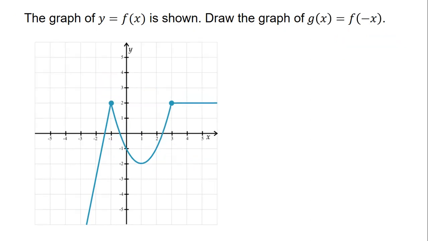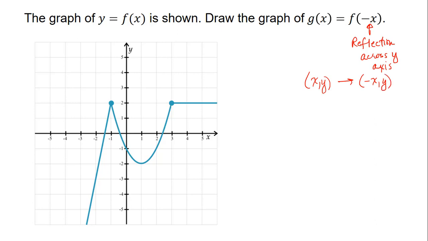Now we have the same graph, and we want to draw the graph of g of x, which is equal to f of negative x. So this time our negative is on the inside, right? So we have an inside change. To take the opposite of x is going to be a reflection across the y-axis. So recall, if x, y is on the graph of f,